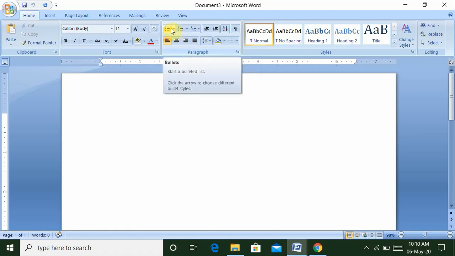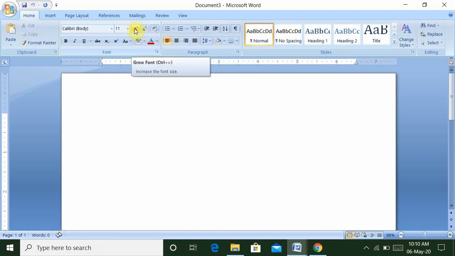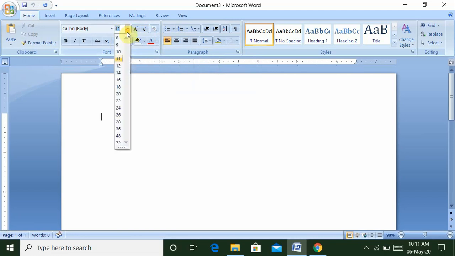This is your bullet styles, number styles, so many types. This is to decrease the font and increase the font. But how? Look, the numbers are also used to increase or decrease the font.